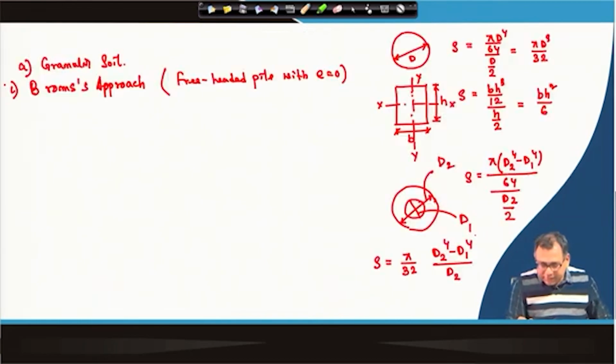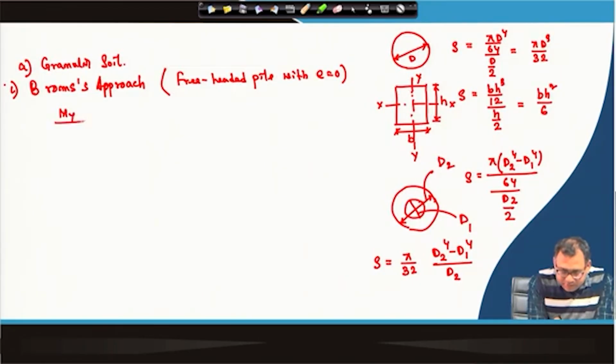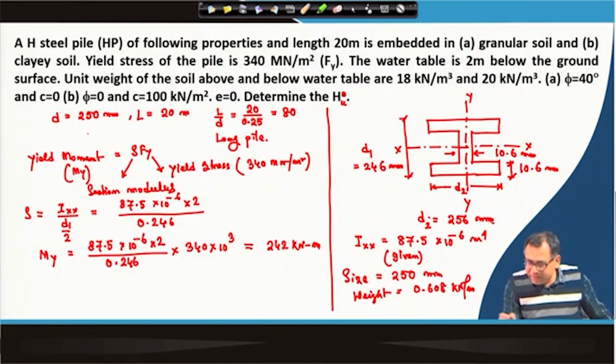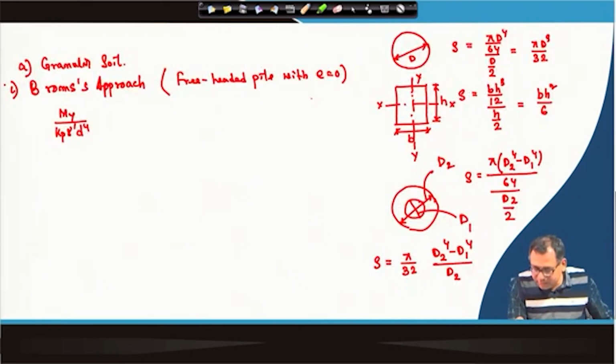So, let us calculate that. You have to calculate M yield, Kp gamma dash d4. Now, which gamma we will consider? The gamma is given as 2 meter below the ground. So, if this is the ground surface